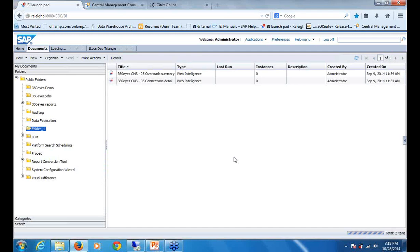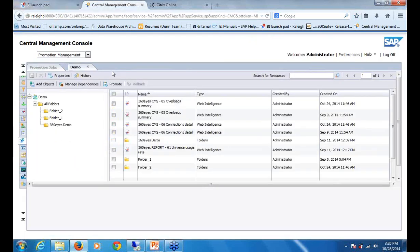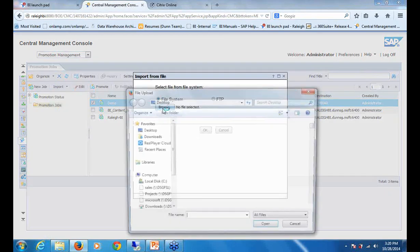Now I want to restore it. So what do I do? No problem. I already have a backup, so I can just go to my backup and restore it. I have backed up these folders into a bar file. My first step is I go to the Central Management Console, into Promotion Management. Since I already backed up as a bar file, I go to Import and say, let's import that bar file which has the content. So I say Import, browse to the bar file,